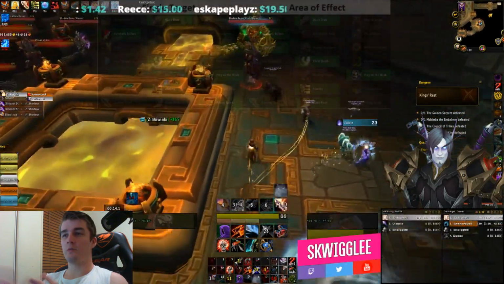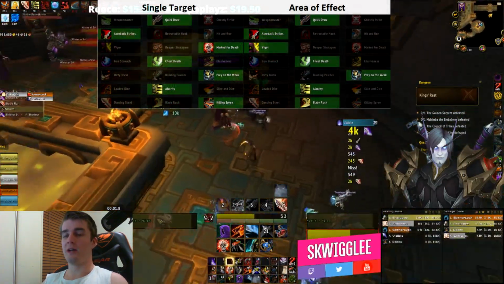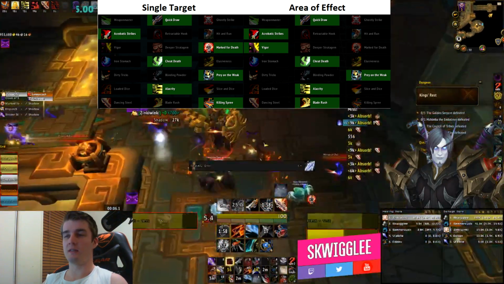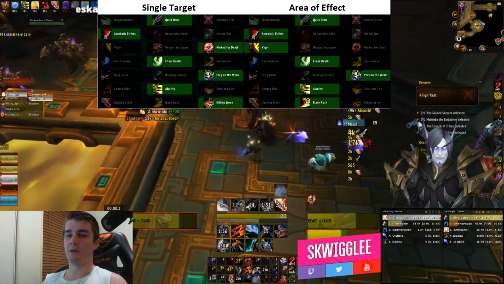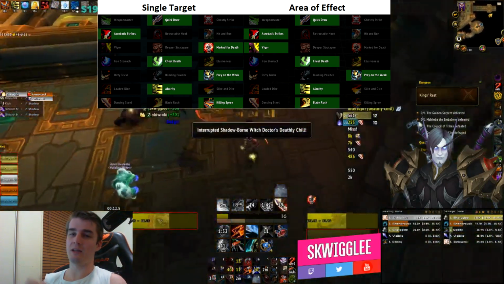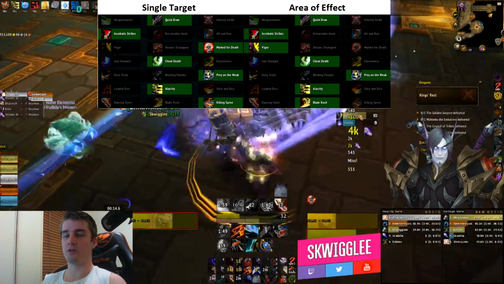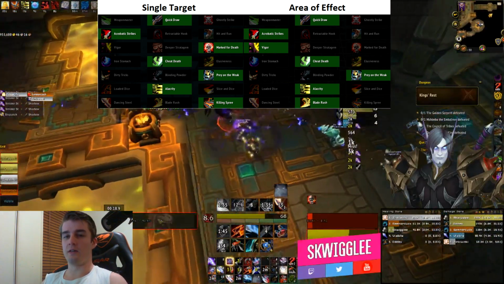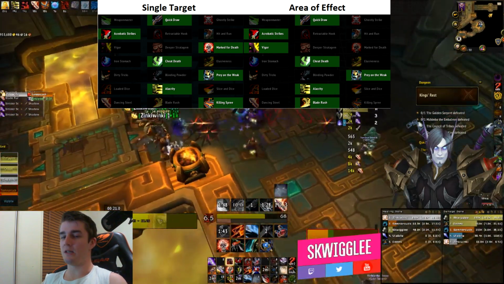So first off, we are going to be running Quick Draw. Now this is honestly just performing a lot better than the other 2 in this line for single target and AoE. However, I do expect later in the expansion, Ghostly Strike might get revamped and it might become the better trait. After this, I recommend running Acrobatic Strikes over the other 2 talents, simply because it increases the range of